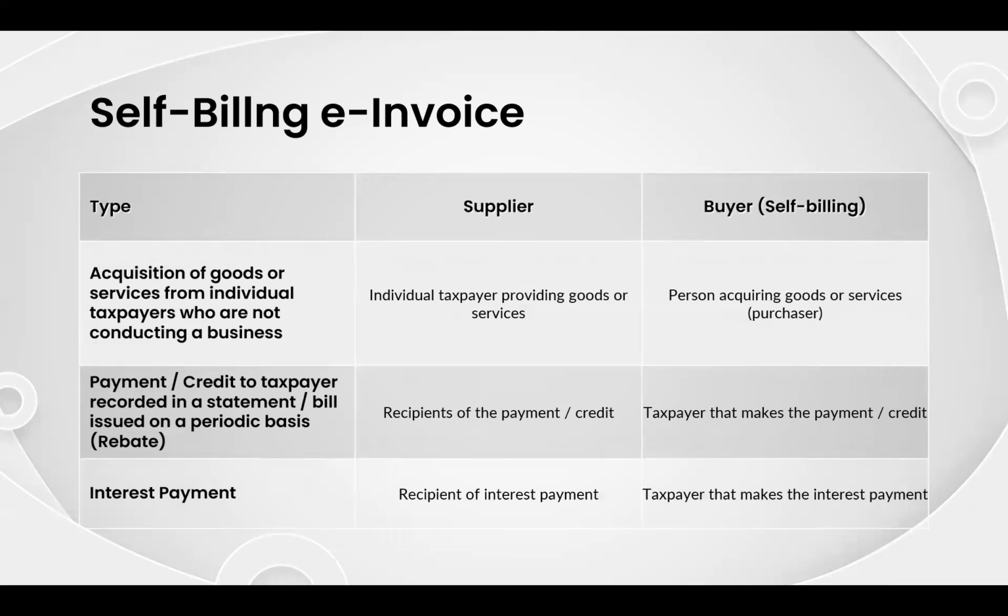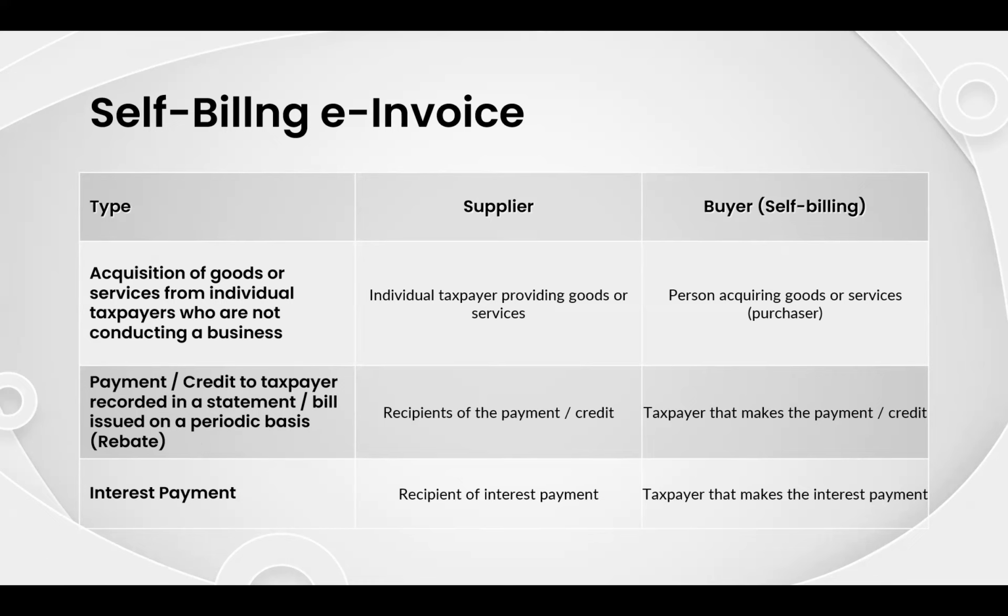Acquisition of goods and services from an individual taxpayer who is not conducting a business. Like I said, if you get service from a non-business person, you need to self-bill. Payment or credit to a taxpayer recorded in a statement or bill issued on a periodic basis. Rebate, rebate needs to be issued. Interest payment,